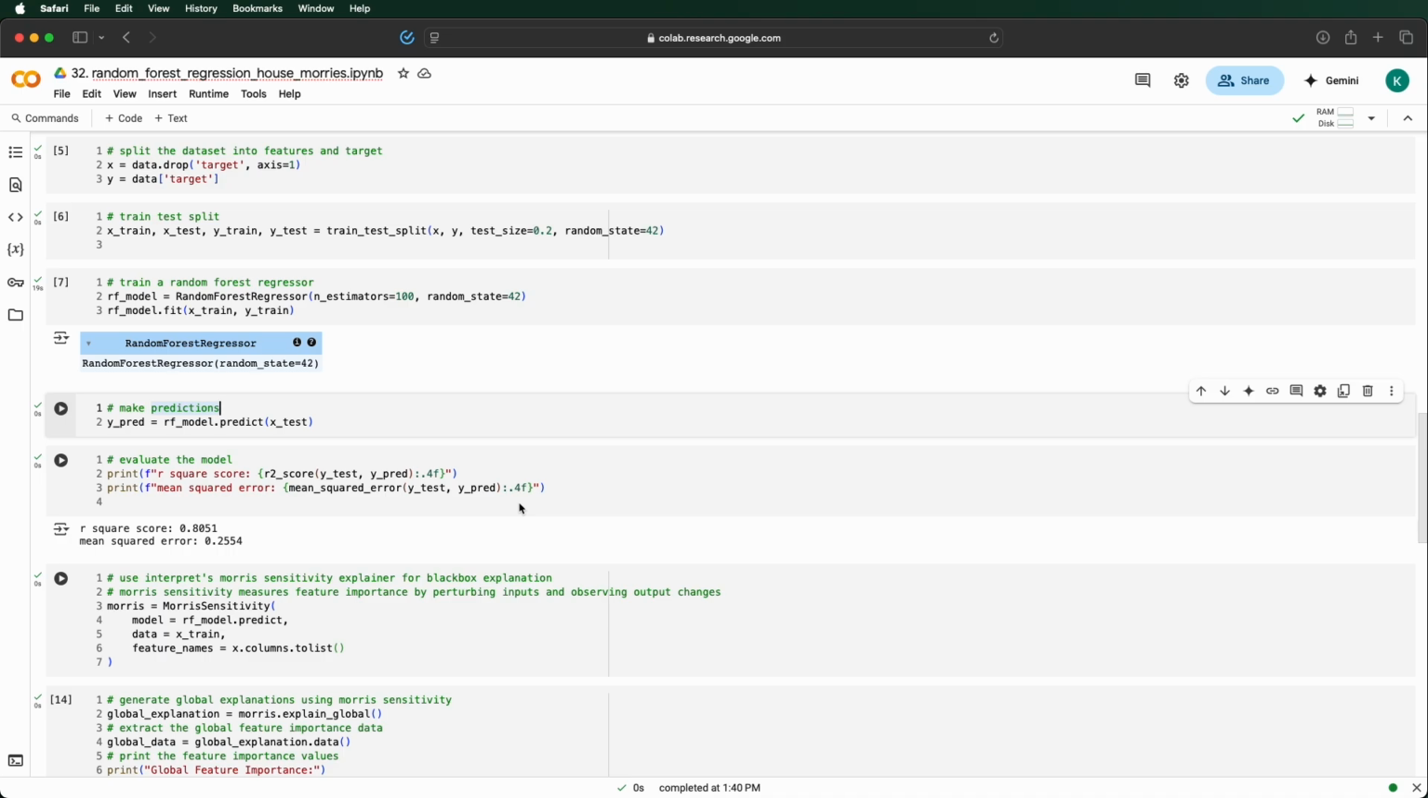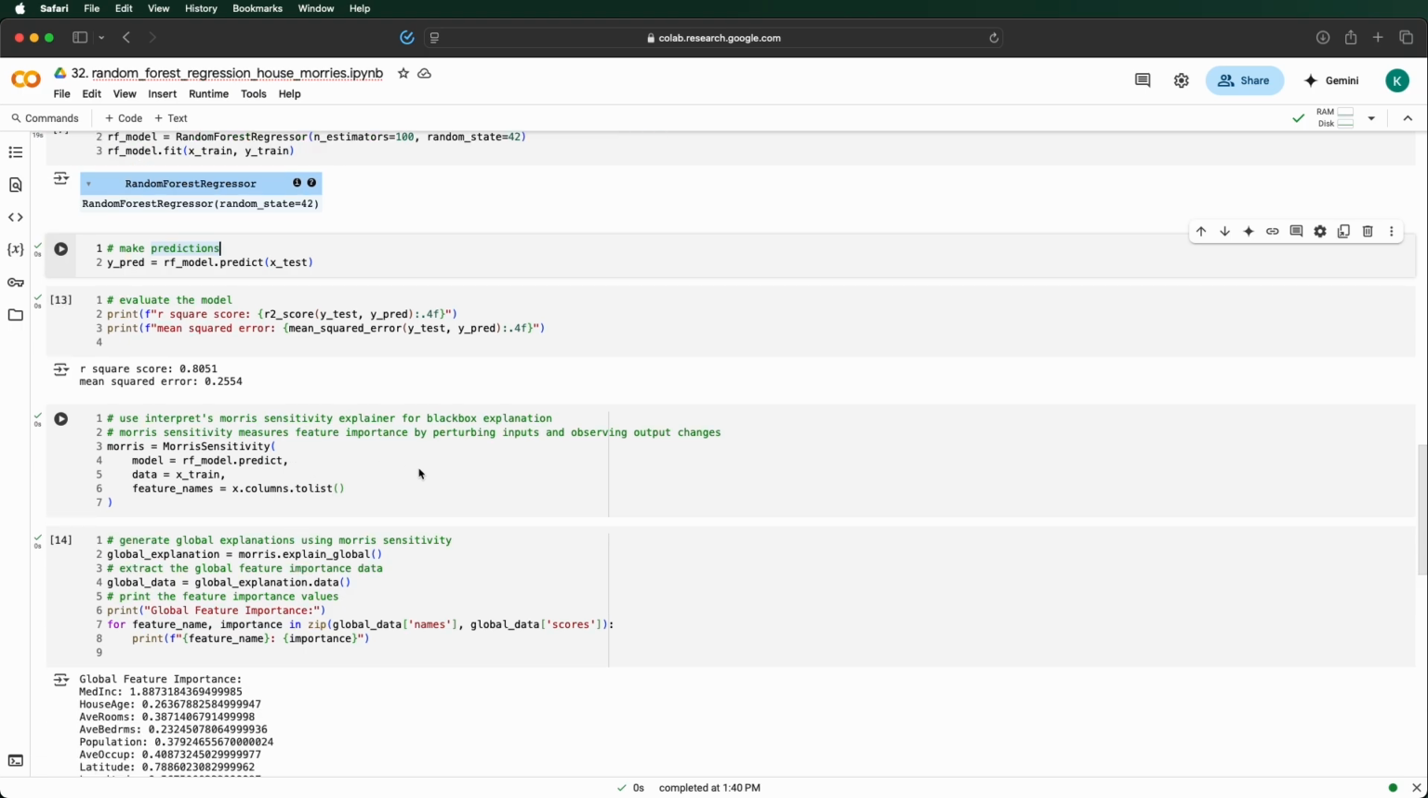I use Morris sensitivity from Interpret's black box module to explain our model's behavior globally. The Morris sensitivity method is an explainability tool that measures feature importance by perturbing inputs and observing how these changes affect the model's output. It uses a technique called the elementary effects method, where it varies one feature at a time across its range,